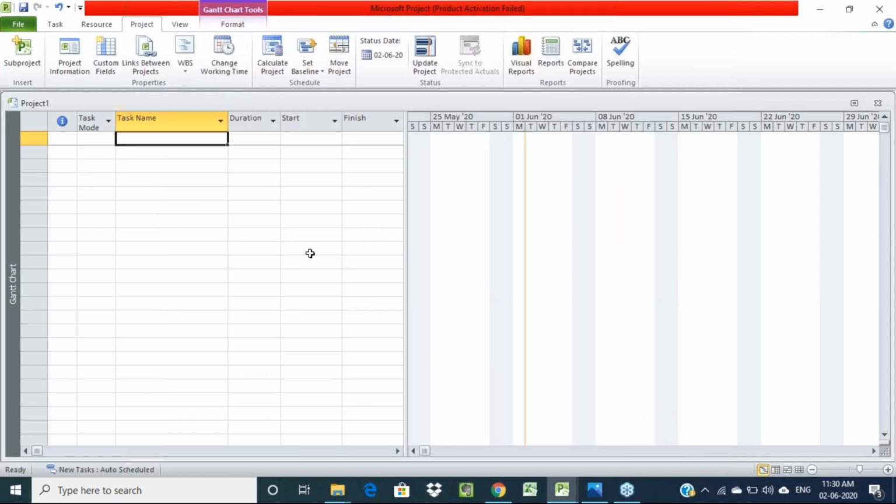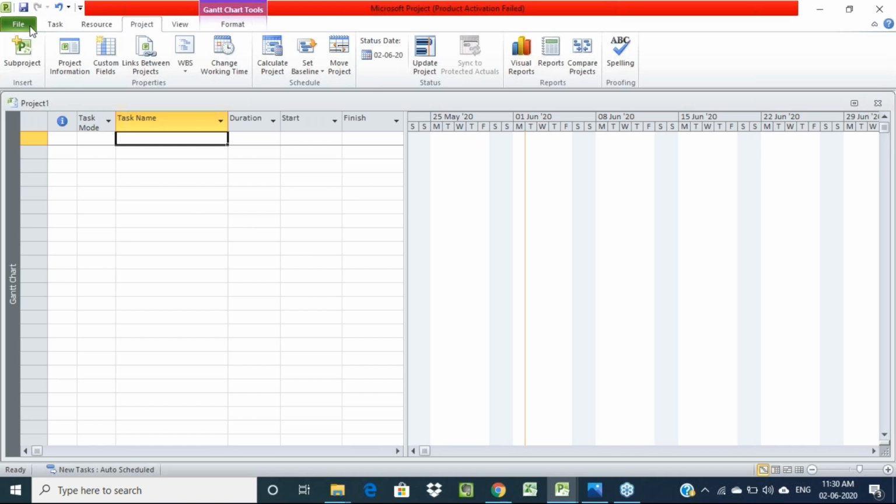Then you have to start with the calendar. For starting any project, the first thing we need to create is a calendar. That means what is the starting date of our project, what is the finishing date of our project, and what are the scheduled dates for each and every activity. From that we can identify the total duration of our project, right? For doing that in Microsoft Project, we have some options here.